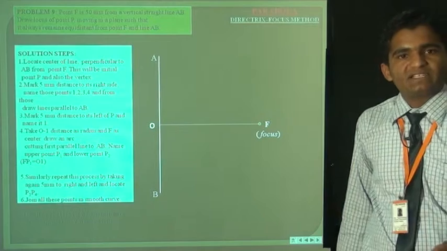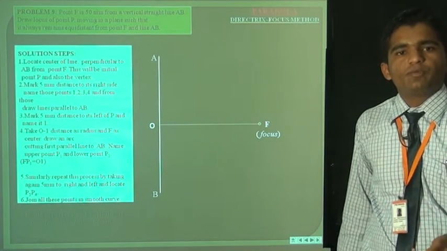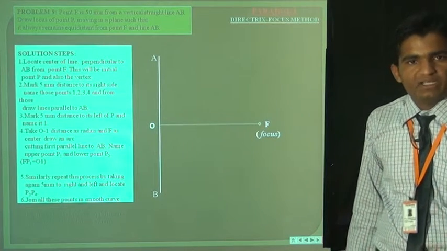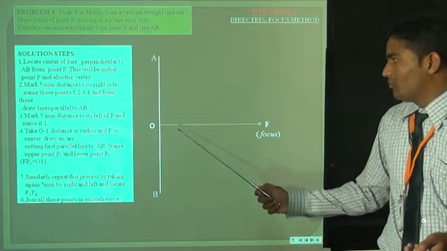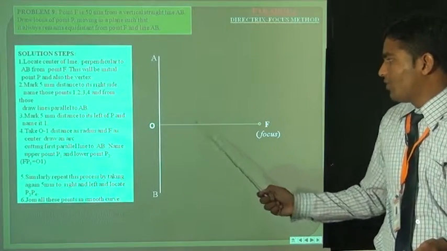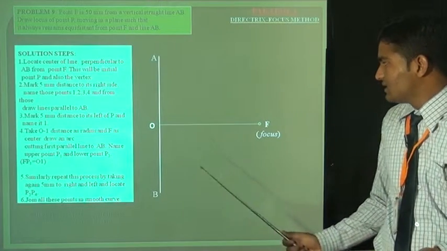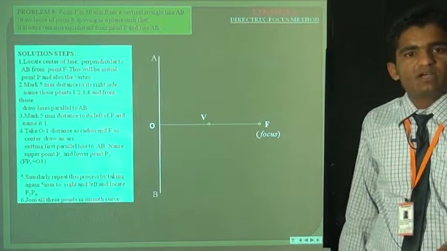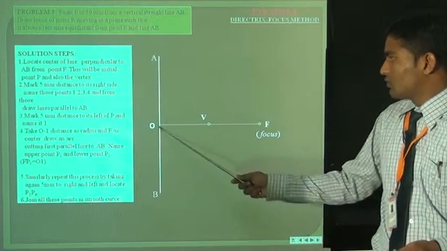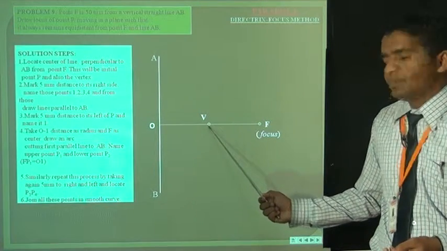So as per the eccentricity definition, the distance of the moving point from the focus and the distance of the moving point from the directrix is the same for the parabola. So mark the center point of line OF in case of parabola. Let's do that. Mark the center point and give it the name V, which is the moving point. So the total distance is 50 mm, and this is the midpoint of that.